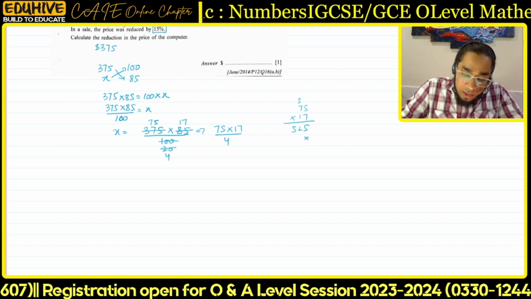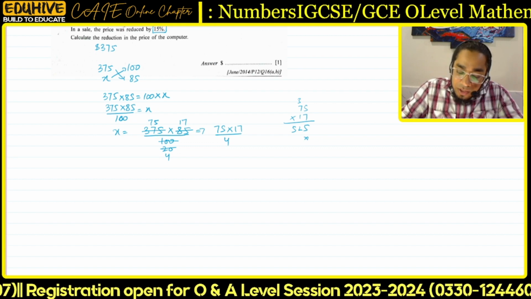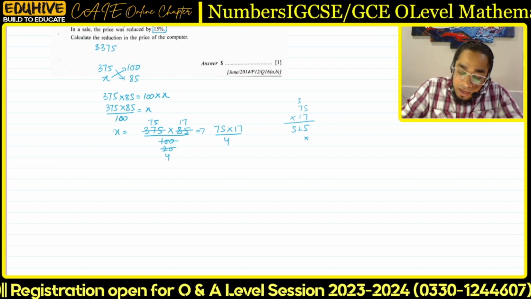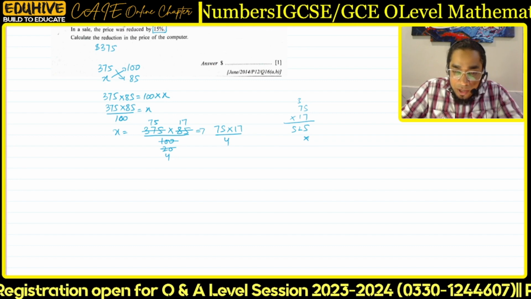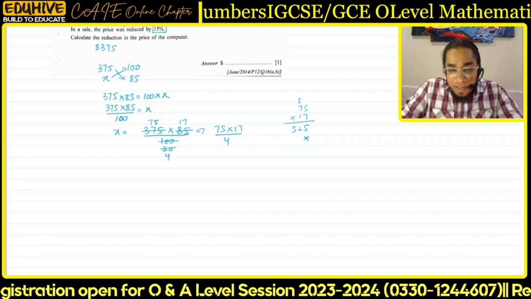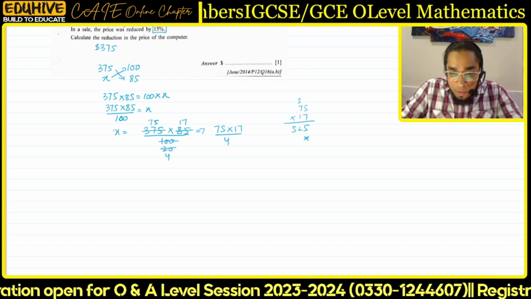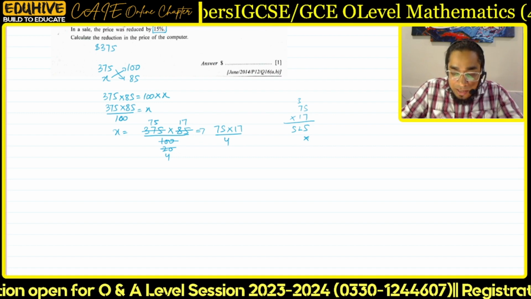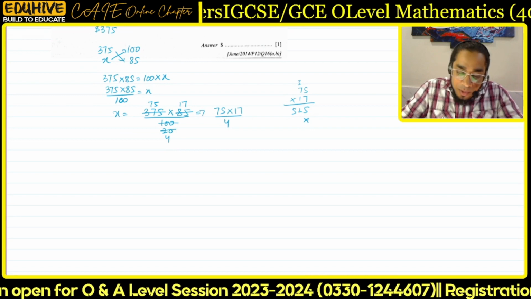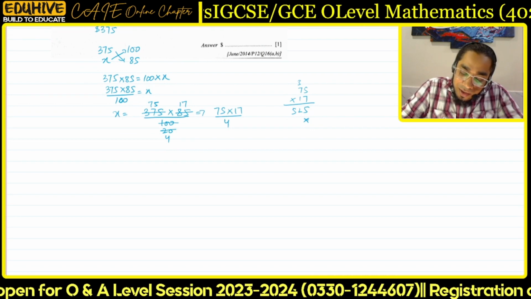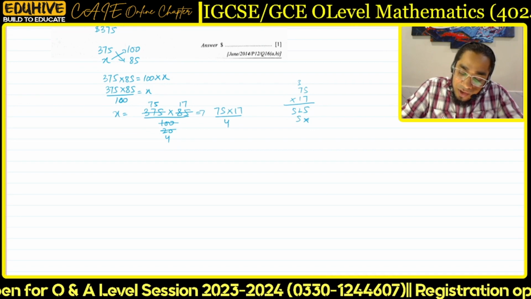I am not using a calculator, it means you are not going to use a calculator because it's a question from paper one. But here is one girl who can use the calculator because in her paper calculator is allowed in both of the papers, so she can use it. There is only one such girl with us, and she knows who I am talking about. 1 into 5 is 5, 1 into 7 is 7,